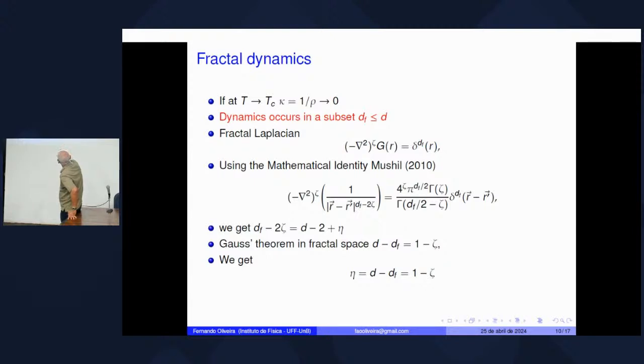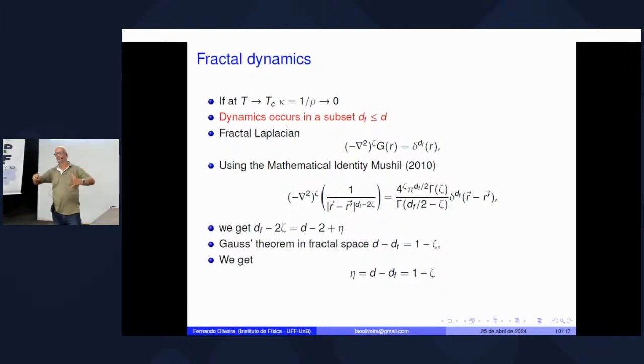So we get now a correlation that involves the eta parameter that we are looking for, the fractional derivative, df, and the zeta, the fractional dimension of the space. But still here you have one variable that you want, you have two different variables. And what we do is we use the Gauss theorem for a distribution of fractal. I'm not going to do that here. I don't want to go over the calculations.